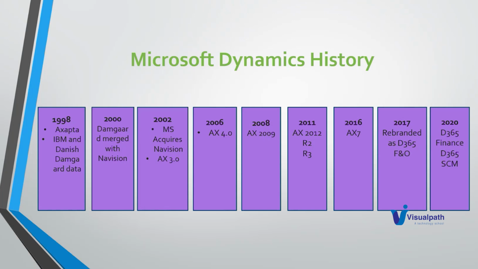From 2002, the picture is something different. Previously, it was managed by the Danish company. From 2002, Microsoft acquired the product and they kept the name Axapta 3.0. The shortcut for Axapta is AX. AX is nothing but Axapta. It was 3.0. From there, Microsoft started doing so much